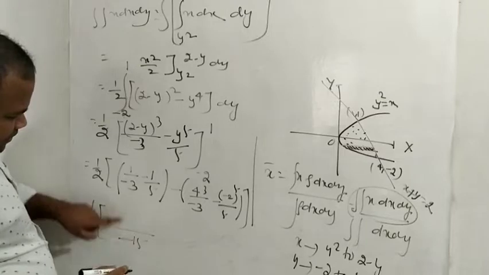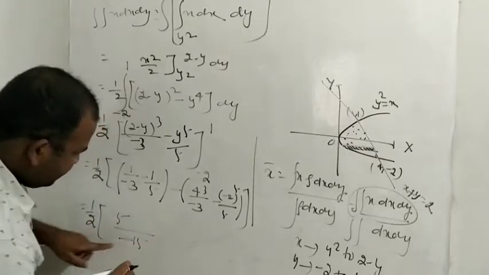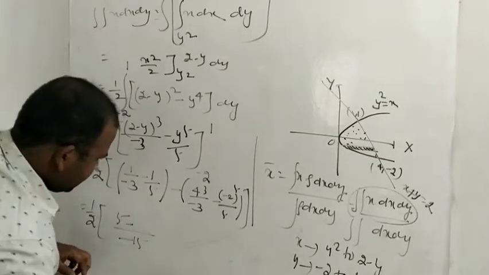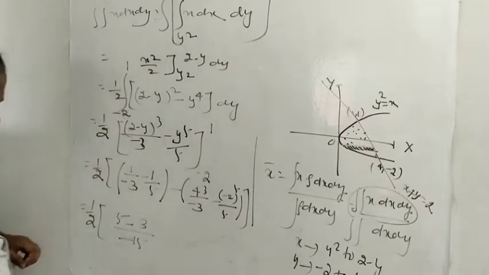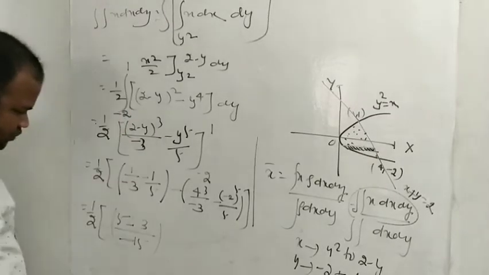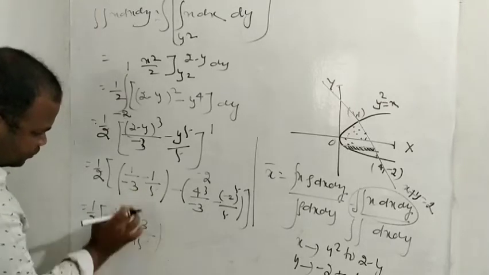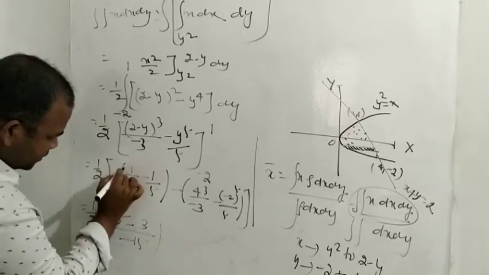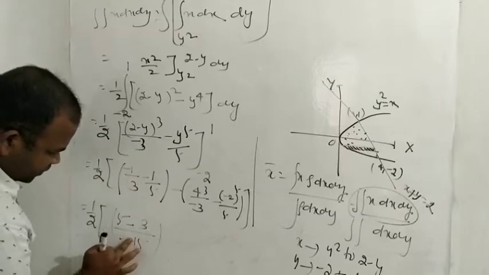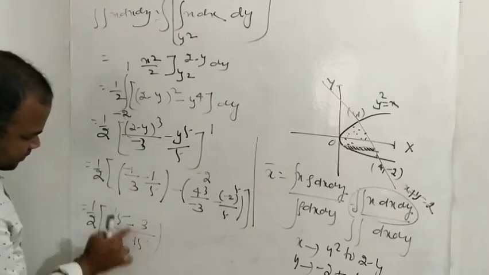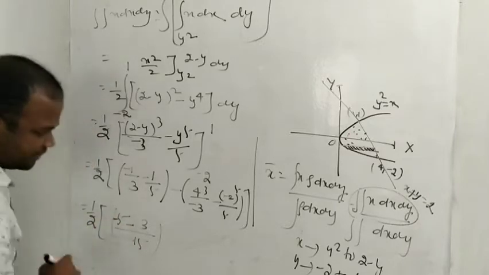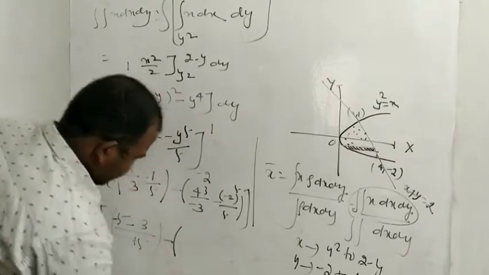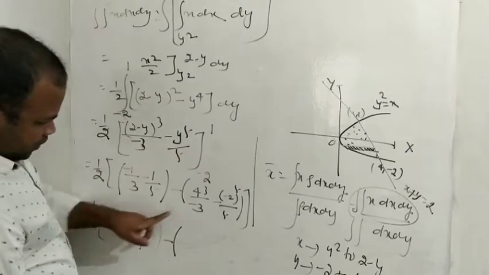Divide minus 15 by 3, so this is 5, and this is 3. So this is minus 15. So just to take, this is minus in this part, okay? So this is 15 by 3, this is 5. 5 into minus 1, this is minus 5. Yeah, that is. So this is 4.